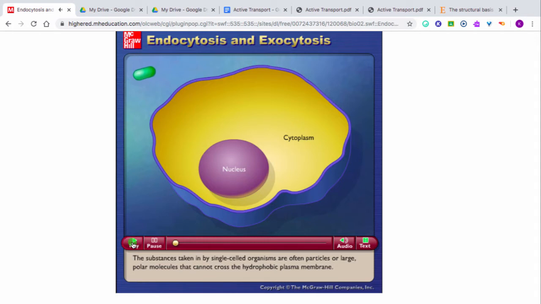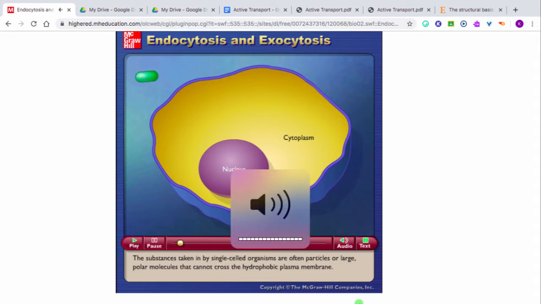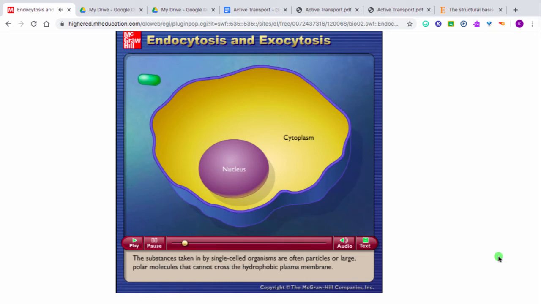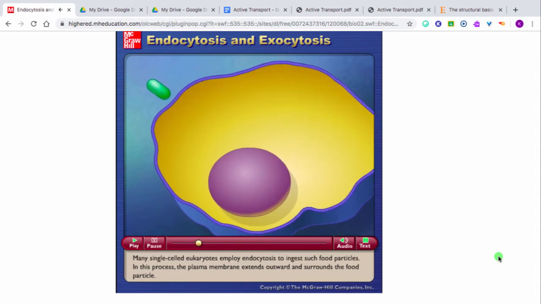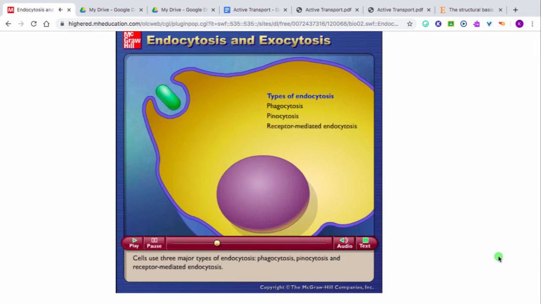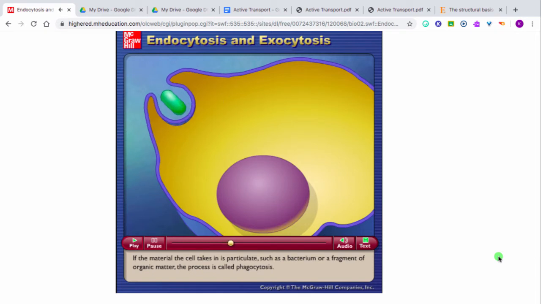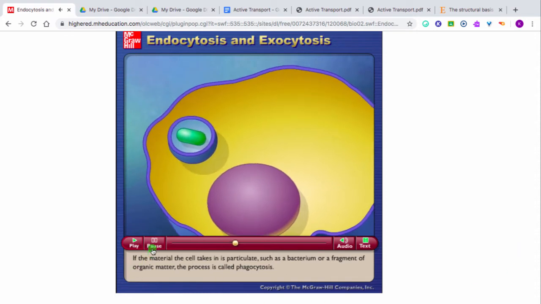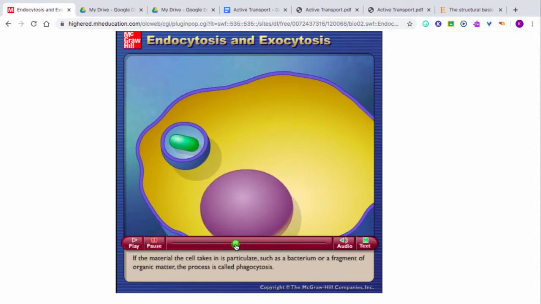The substances taken in by single-celled organisms are often particles or large polar molecules that cannot cross the hydrophobic plasma membrane. Many single-celled eukaryotes employ endocytosis to ingest such food particles. In this process, the plasma membrane extends outward and surrounds the food particle. Cells use three major types of endocytosis: phagocytosis, pinocytosis, and receptor-mediated endocytosis. If the material the cell takes in is particulate, such as a bacterium or a fragment of organic matter, the process is called phagocytosis. Okay, so that process, and I'm just going to kind of rewind it a little bit